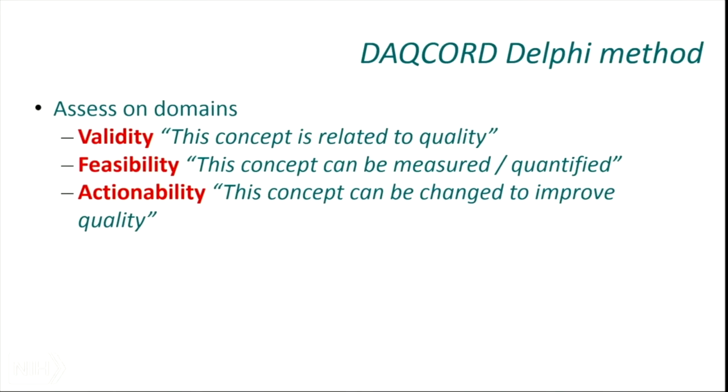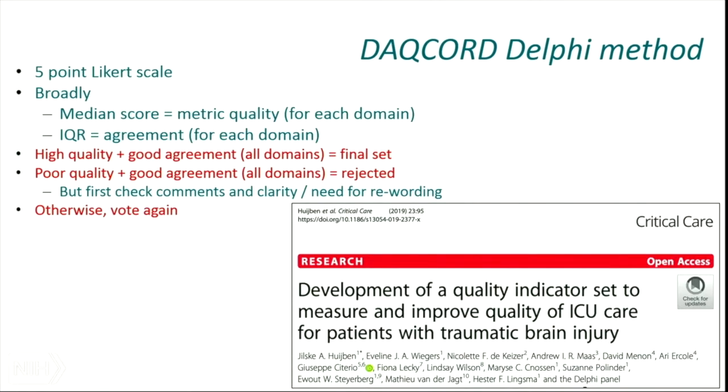And in our methodology, we assessed all of our concepts on 3 different domains. Whether or not the concept was valid, in other words related to quality or not; whether it was feasible, in other words, you could actually measure or quantify it; and whether you could do anything about it potentially at the end of it. This sort of methodology has been used before, including within Center TBI. And we used a 5-point Likert scale. By making this reasonably quantitative, it allows us to assess both the rating and the inter-rater agreement. And depending on whether something was rated as high or poor quality and whether there's good agreement, we could either take things forward or not